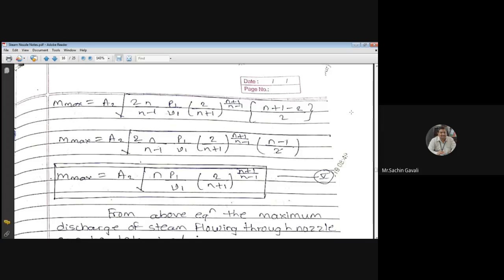प्रॅक्टिस करा आज मॅग्रा डेरिव्हेशनची. हे आपलं मॅक्झिमम डिस्चार्ज थ्रू द नोझल. कोणाला काय प्रॉब्लेम? निकिता पवार,